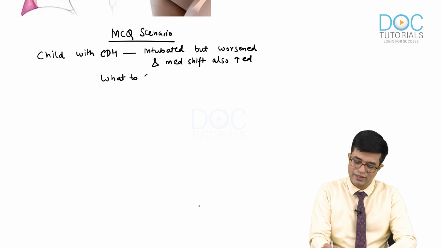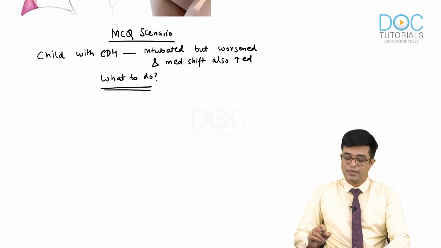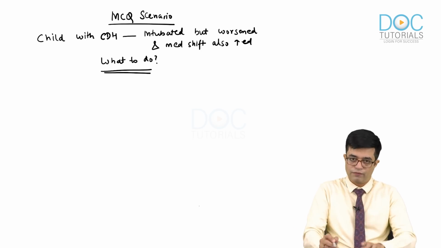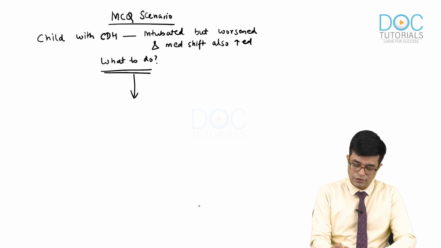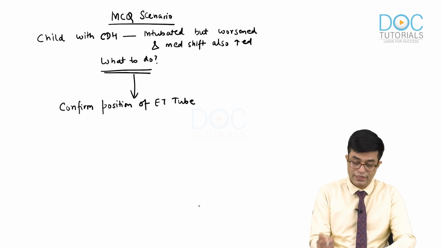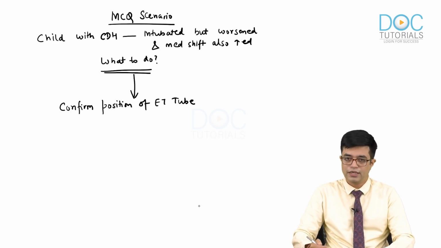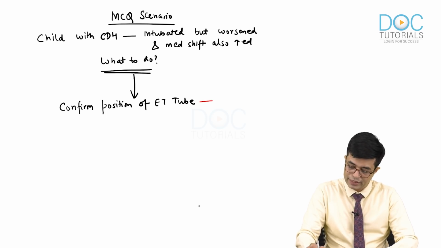You will have many clinical scenarios if you practice questions of the past years based upon this. So stepwise we will move. Whenever you have such a scenario, and it happens in real life also, first of all, you will confirm that the tube you have put is properly placed or not. So you will confirm the position of the endotracheal tube, whether it is in the trachea only or you have put it into the esophagus, right? And how do you confirm the position of the endotracheal tube? It is done by capnography.